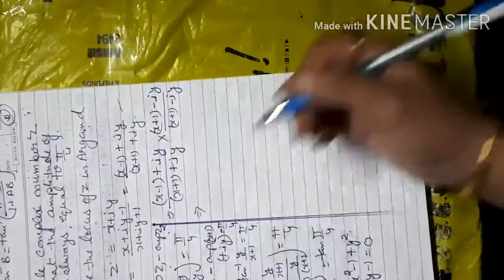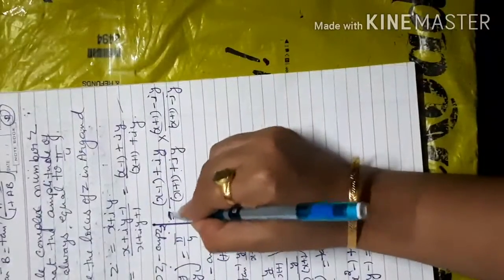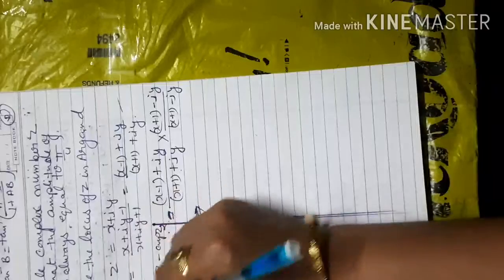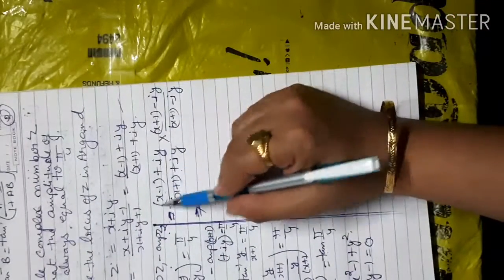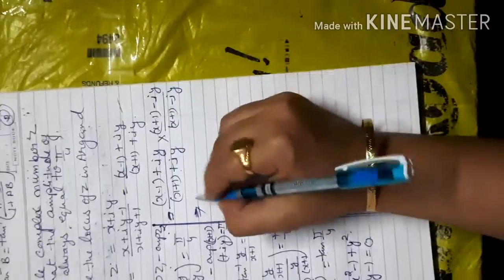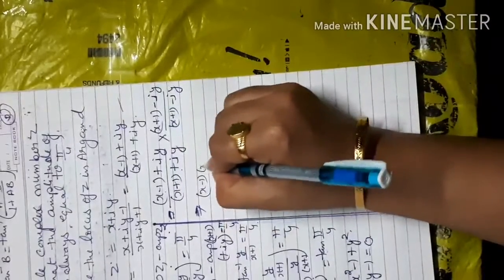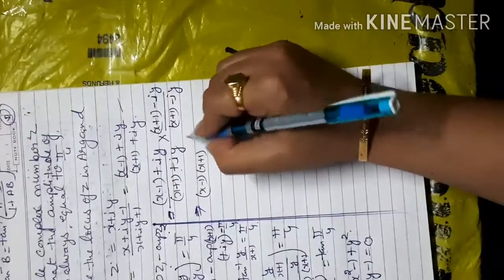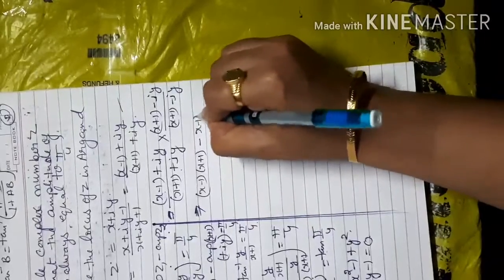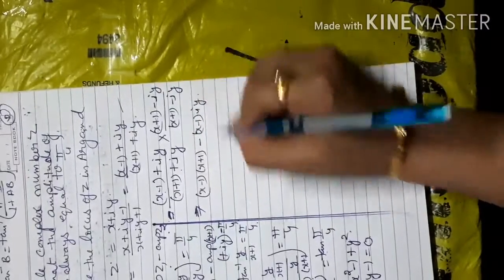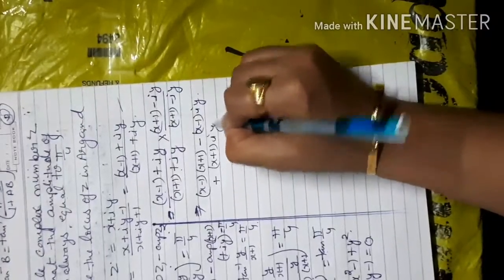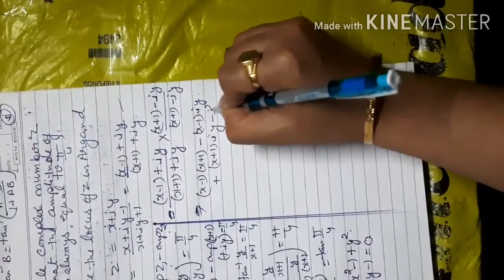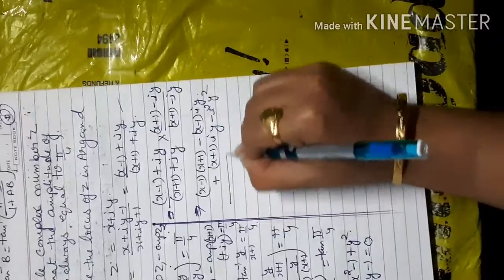So this whole bracket will be multiplied by this, like x minus 1, x plus 1, then minus x minus 1 iy, then plus x plus 1 iy, then minus i square y square,